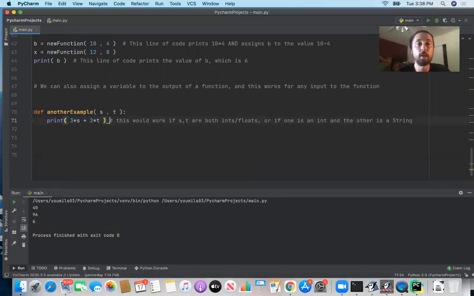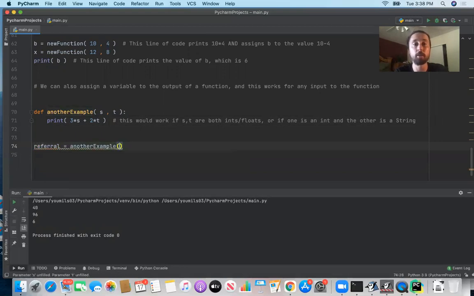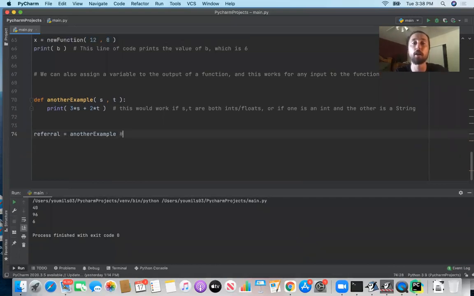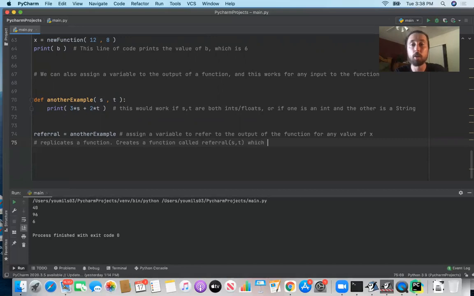And so now what you could do is say referral equals another example, okay? And then I think you have to put s and t at that point. Do you? No, I think you just do referral equals another example. So what this does is we assign a variable to refer to the output of the function for any value of x. So basically it replicates a function. It creates a function called referral of s and t, which will work the same way as another example of s and t. Okay, so now let's go ahead and try to call referral of